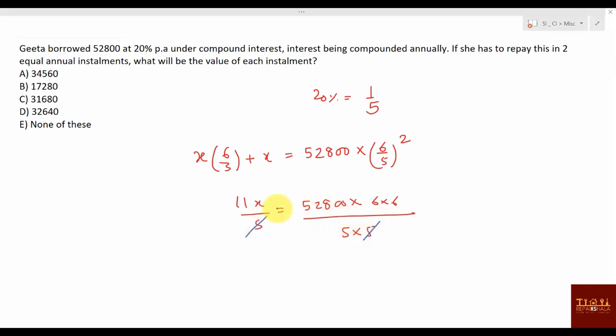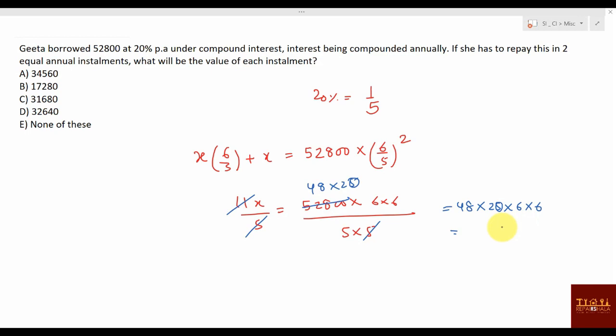So 5 gone. Then 6 are 5. And then 11, it will go, 11 4s and 11 8s, and this 5 is there, so this will be 25. So what you can say, 48 into 25 into 6 into 6. What is the answer? Now 20 will come. See, 100 is there, na? 528 and 100 is there, so I have divided by 5. So 520 times 100, instead it will be 20.